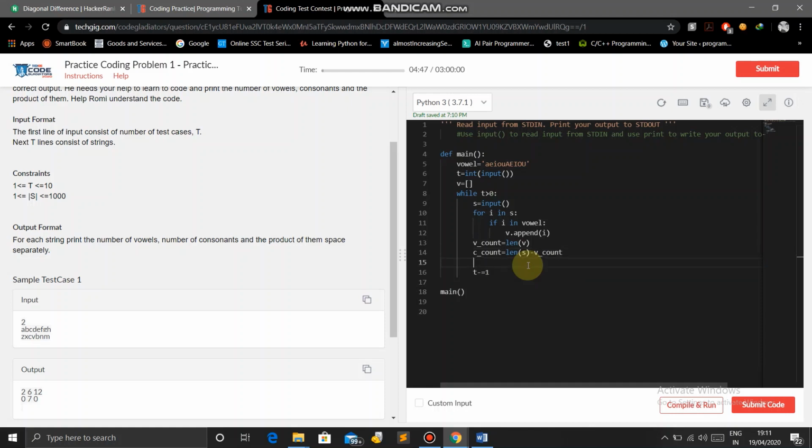So that will be the consonant count, and then we find the product. The product is equal to V count into C count.